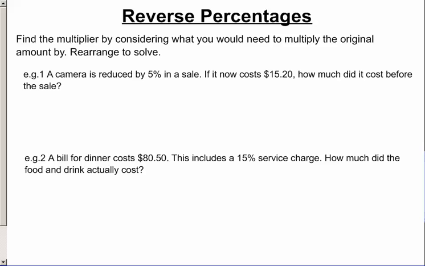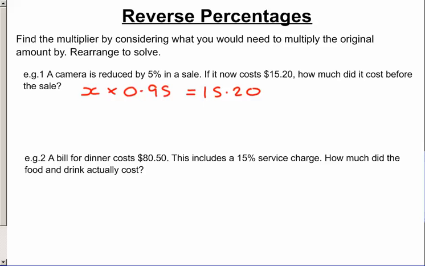A camera is reduced by 5% in a sale. If it now costs $15.20, how much did it cost before the sale? Well, the original amount we don't know, that's X. And if it was reduced by 5%, then we wanted 95%, so our multiplier is 0.95. So it's X times 0.95,